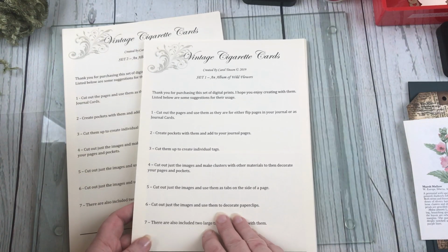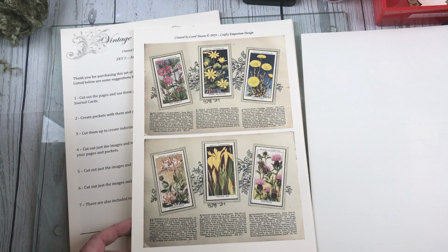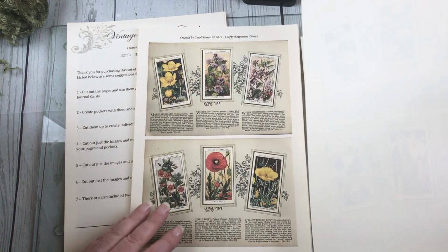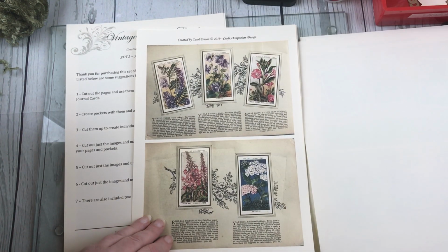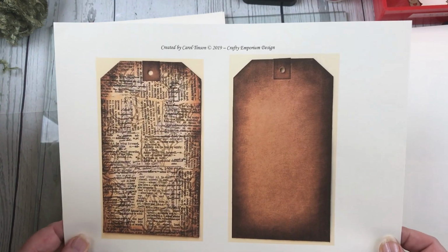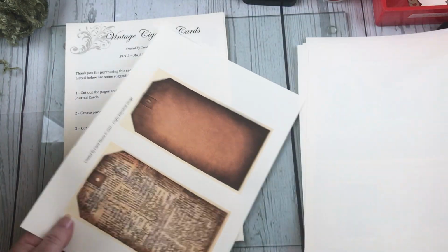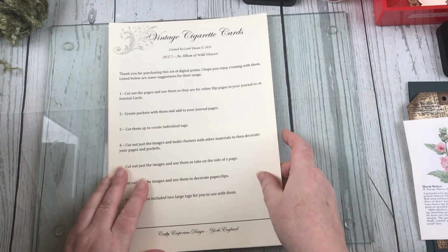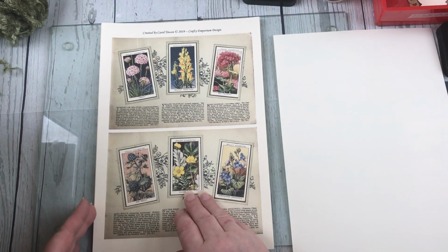Now on the first page I give you a list of ideas that you can use to create things with these, but they are basically full pages of 3 different types of cigarette cards. So just to quickly show you, and then you get a bonus page as well with some pre-made tags that you can utilize, and both the sets have one of those in. So that was set number 1 and this is set number 2,